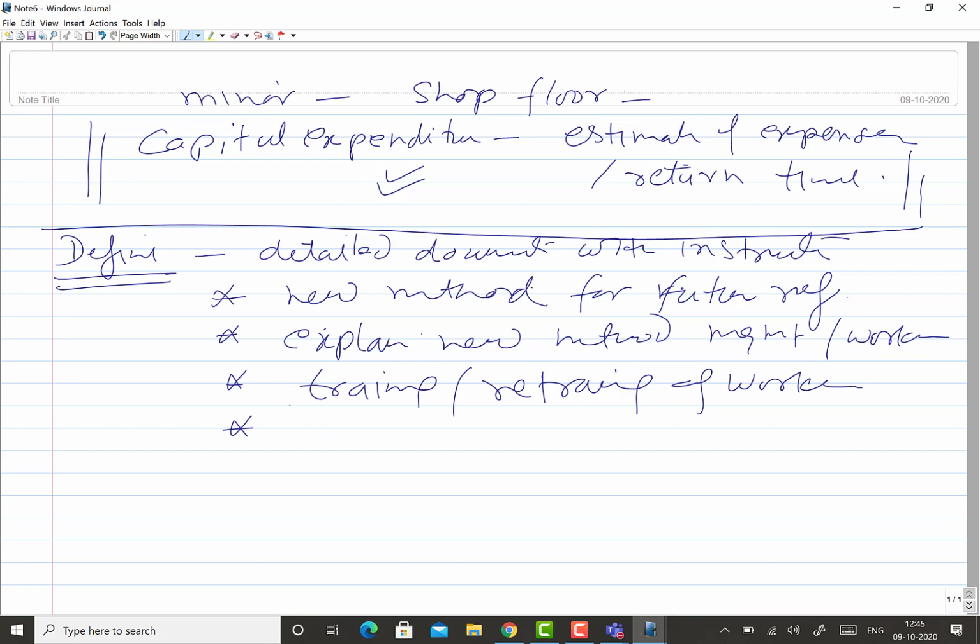So this document also acts as a basis for setting the time standard.